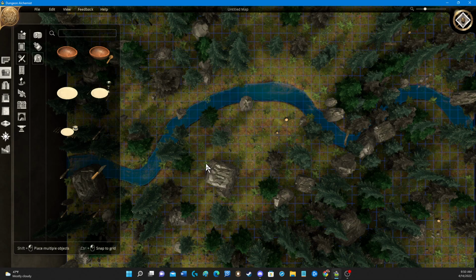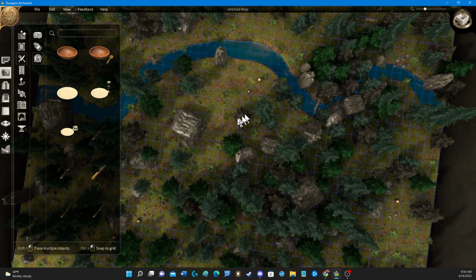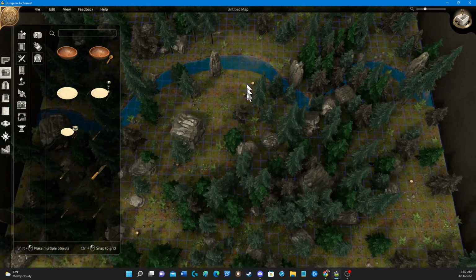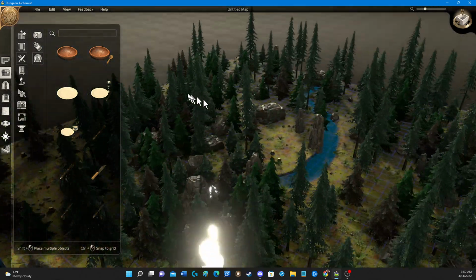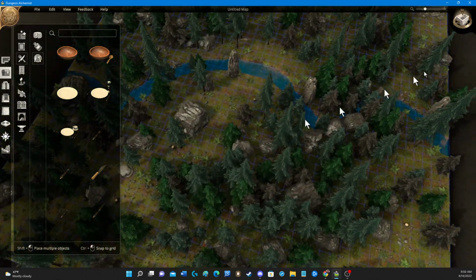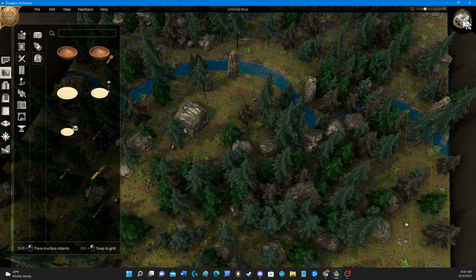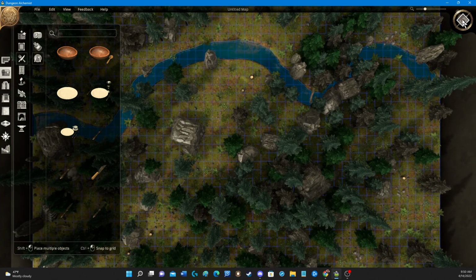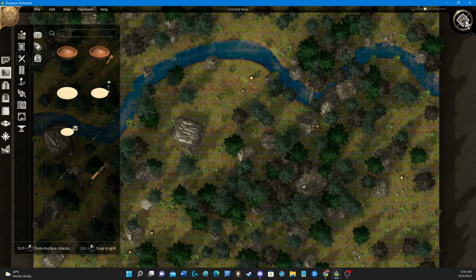I want to make this an encounter, but I want the players to have something to defend. Click and hold the middle mouse button to drag like that. Just make sure that you're in the three-dimensional view. If you click this little wheel up here, a little box, it'll bring it to a regular top-down view, and you won't be able to twist and drag like that. But this is what it's going to look like on your virtual tabletop,